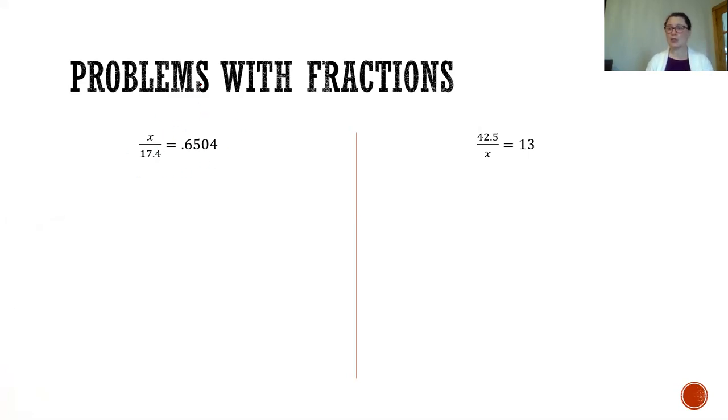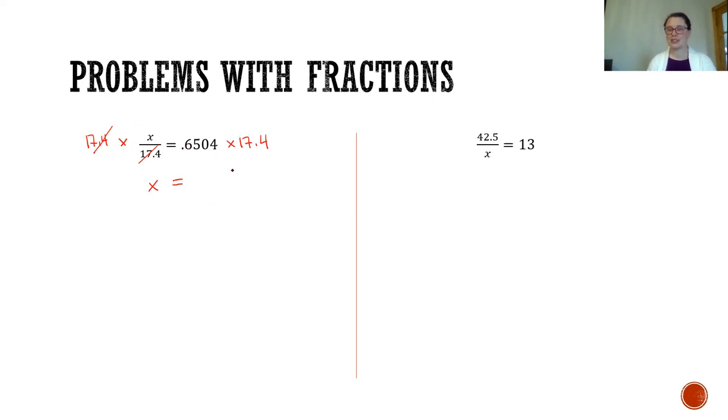If you remember, when we're solving an algebraic equation, we want to undo the math. So in this question, we have x divided by 17.4. If it's x divided by 17.4 and I want to solve for x, we're going to have to multiply by 17.4. Whatever you do to one side, we do to the other. We need to keep things balanced. Multiplying both sides by 17.4, they cancel out on the fraction side. So we've undone the math there. 17.4 on the top, 17.4 at the bottom creates an equivalent to 1. So that's why we can cancel them out. And we have x is equal to 0.6504